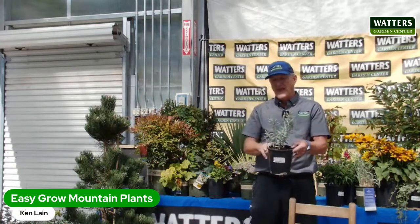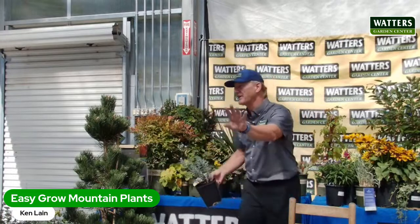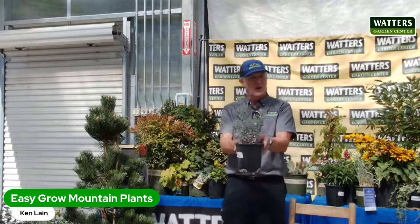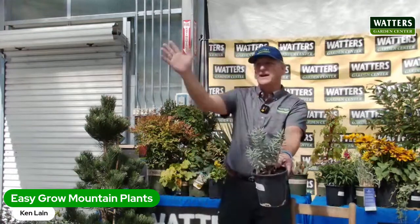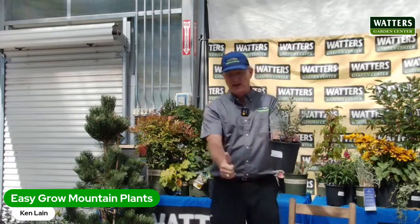So its claim to fame, gopher plant, the rumor is, the internet says, you can believe everything on the internet. What it says is plant one of these in the yard, keeps gophers away. That is not even close to true. It doesn't do that. Gophers don't eat this one, that's true, but I've had a gopher literally in my own garden come right up here, right next to it, and